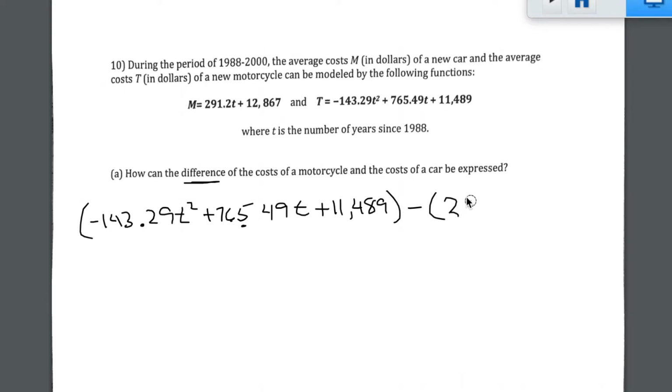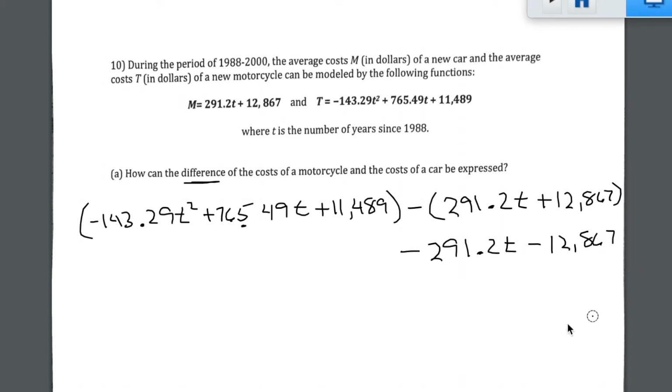So we got 291.2 t plus 12,867. Just like when we subtracted before, we have to distribute the negative sign, so it's going to become negative 291.2 t minus